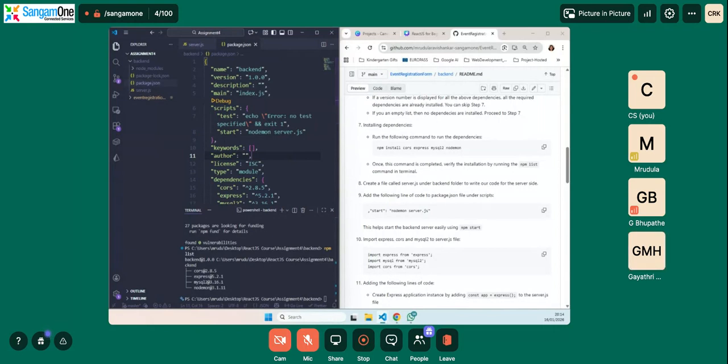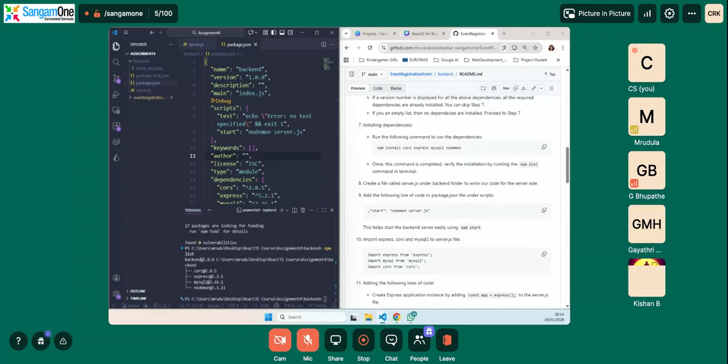Ma'am, for the other project also, should we use the same start nodemon? Yes. Okay. So basically, it doesn't depend on which development server we use. Okay, so normally the start script is useful because, for example, if we do not give this,